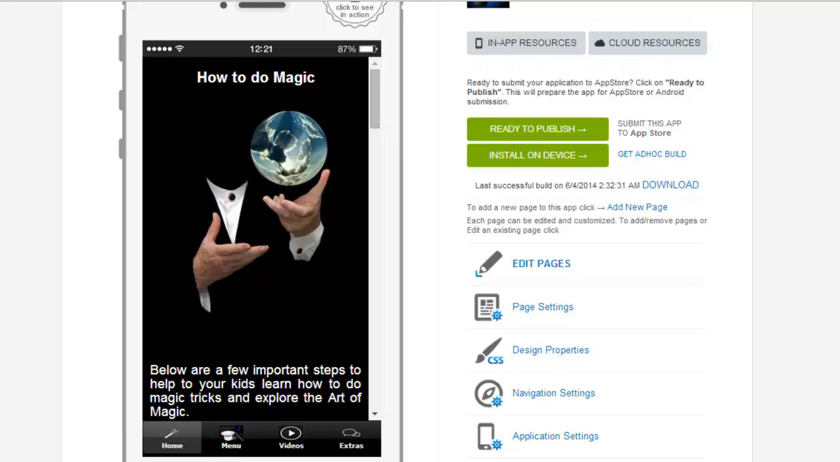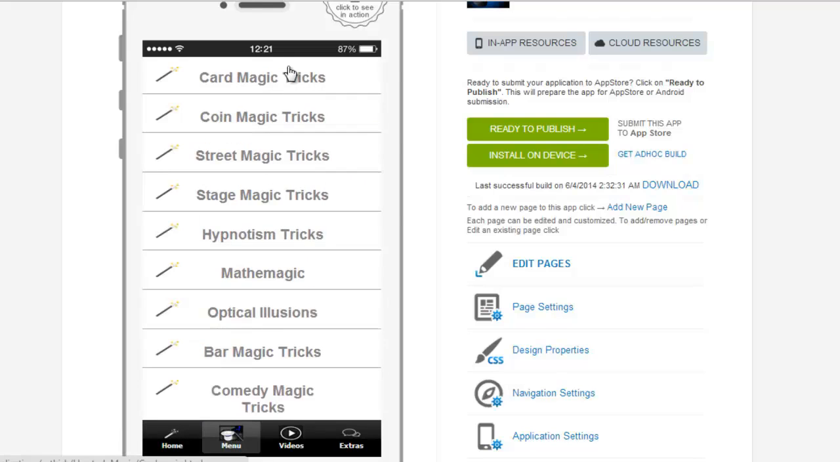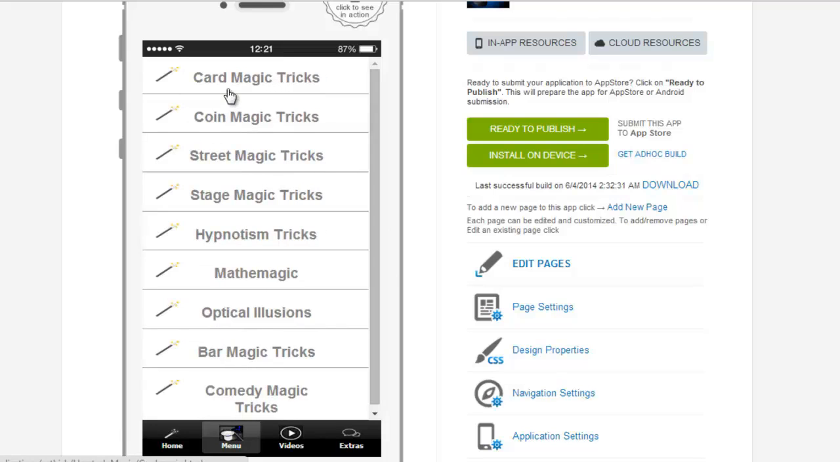Now I'm going to make an app like this from scratch, but I just want to show you the other tabs. Tab 2 is usually a menu. Okay, and we would have different tabs here. Now we decide on these keywords as well using the keyword research tool. So card magic tricks, coin magic tricks, street magic tricks, and we simply link these tabs in to articles and videos. So if I click on this tab here, this will take me to an article,